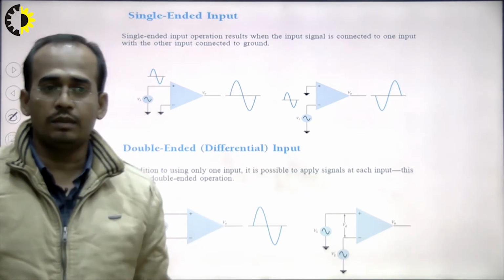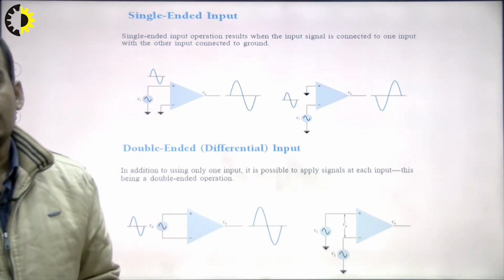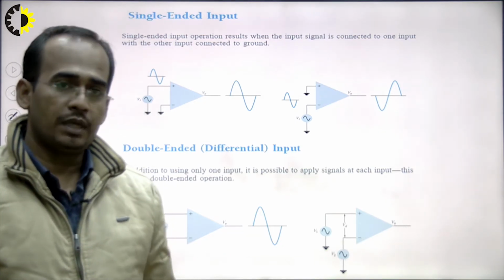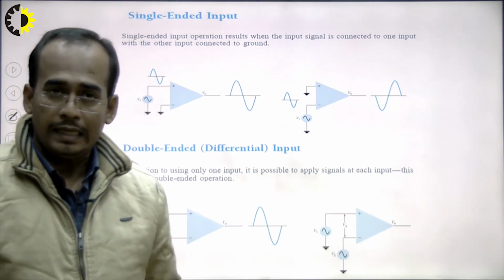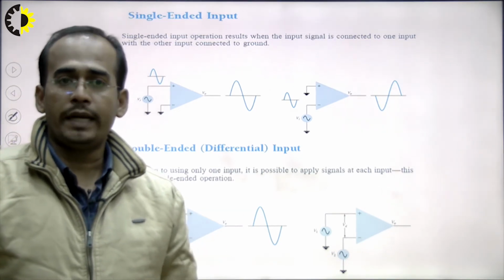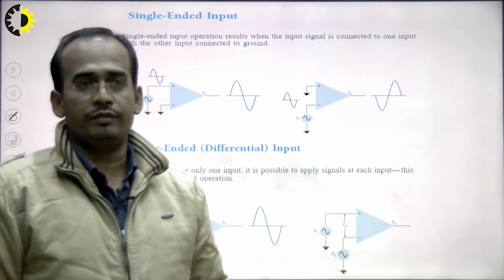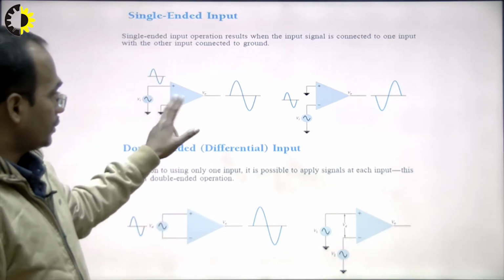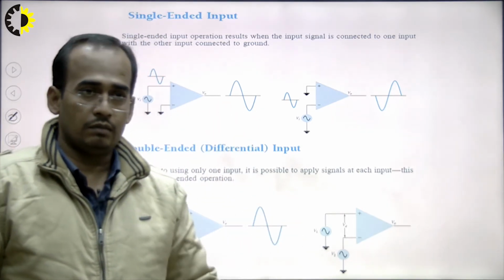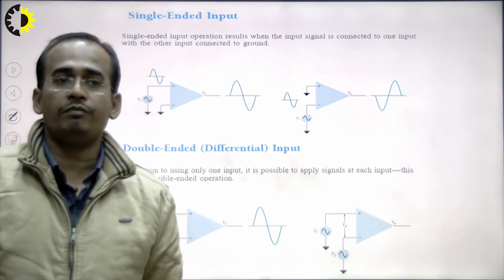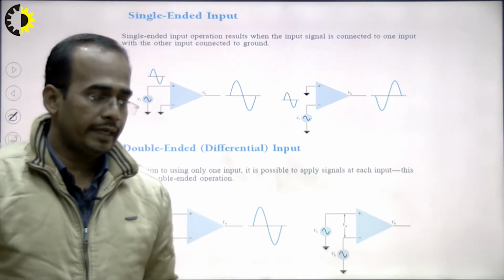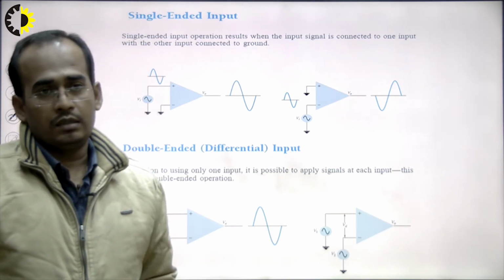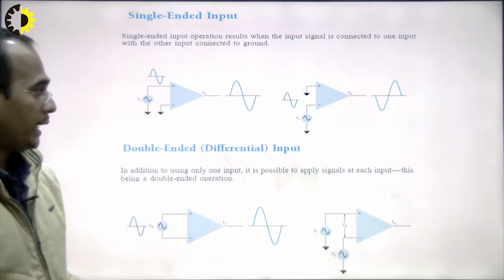As I have discussed in the previous slide, if I am applying the input to the negative terminal of the operational amplifier and grounding the positive terminal, then I will see a 180-degree phase shift between input and output. But in case of a non-inverting amplifier, I am giving the input to the positive terminal and grounding the negative terminal, so in that case I will get a 0-degree phase shift between input and output of the